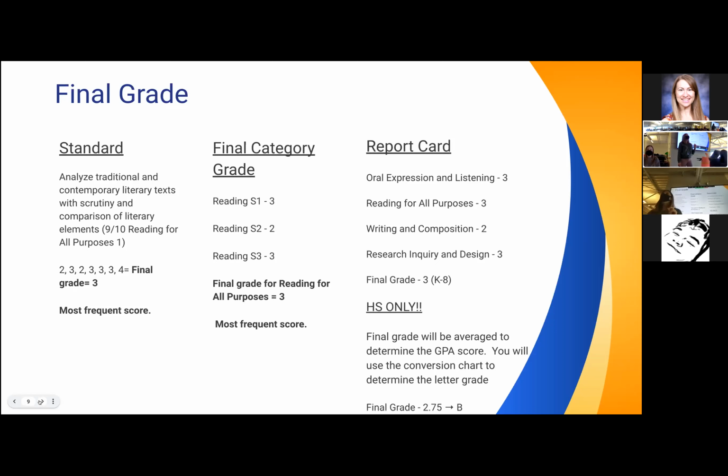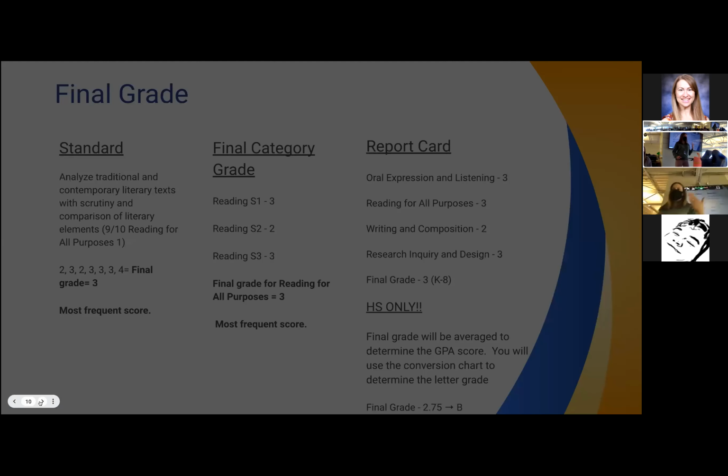For high school, we will convert that final grade by averaging that final piece. So if you can see, and I'm going to put these little pieces here. For high school, that's going to then convert, if these are your grades, that will convert, it's coming up on the screen with the 2.5 or a B. The 2.75, sorry, or a B. When we're talking about putting in our section for our grades,